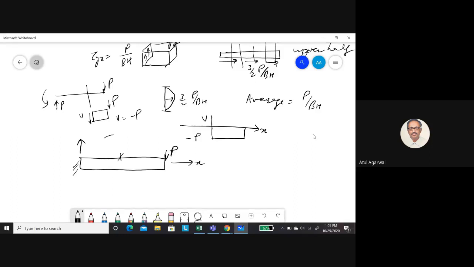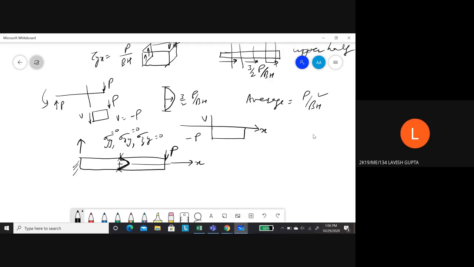You can define sigma YY. You can define sigma XY. You can define sigma ZY. Look, this plane has a normal vector in Y direction. So first index has to be Y. And the others are the force direction. Clear. So all of them are 0. So at this point, shear stress is 0. While it is maximum at this position. Again 0 here. That is why you get an average of this value and maximum here at the central surface.